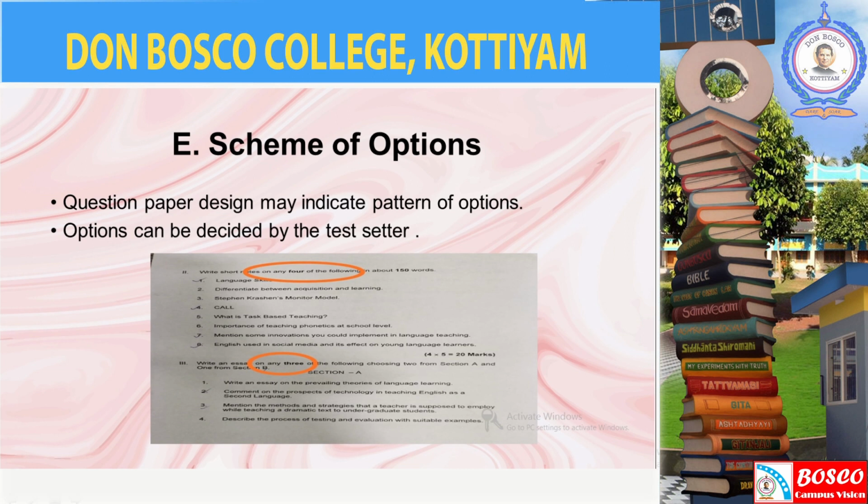Anyway, you must design your questions in such a way that they carry 20% easy questions, 20% difficult questions, and 60% average questions. We can decide the level of questions on the basis of the level of the students. When you arrange the questions in this way, all the students in your class can answer. So that is the first stage of question paper designing. The first stage is preparation of a design.